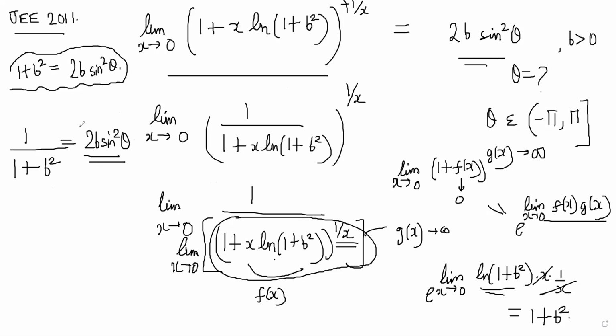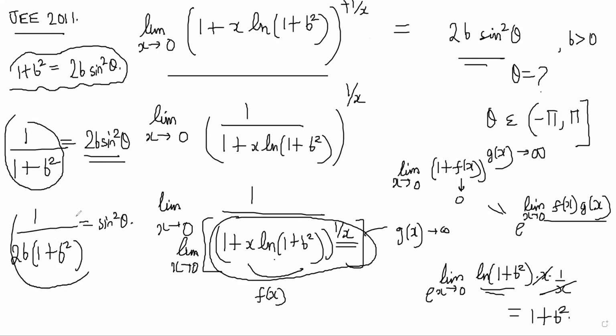So I will just work with plus 1 by x, because right now there is no nice trick to solve this. Because b is positive, you're getting 1 by 2b (1 plus b square). So this quantity is positive, so there are roots, but there is no way to know what the root will be. This is greater than 1, so there are multiple roots. You'll get the roots, but it will be in terms of b.